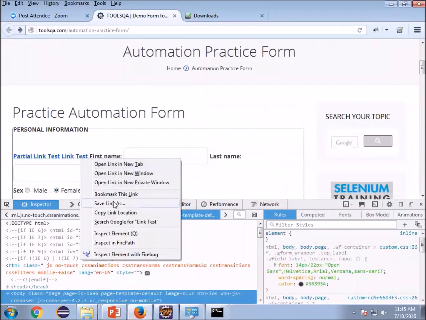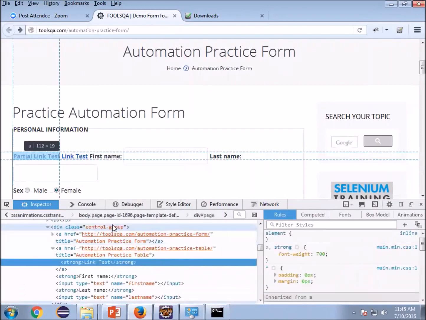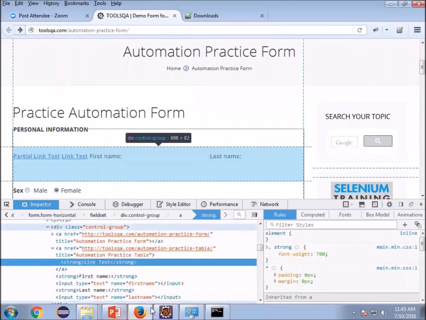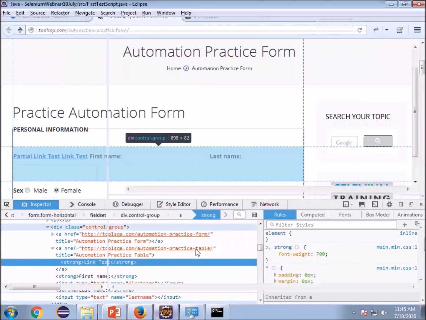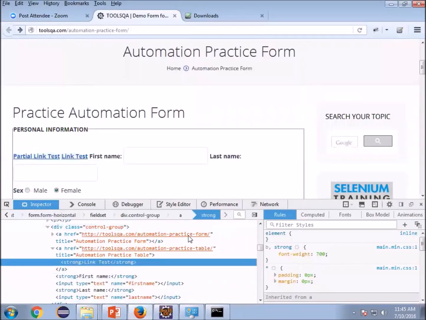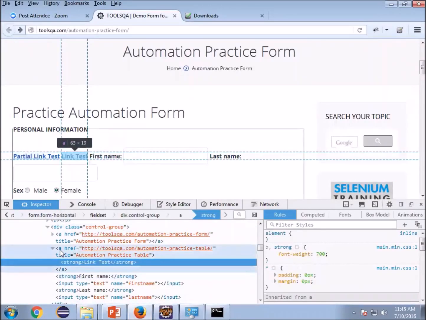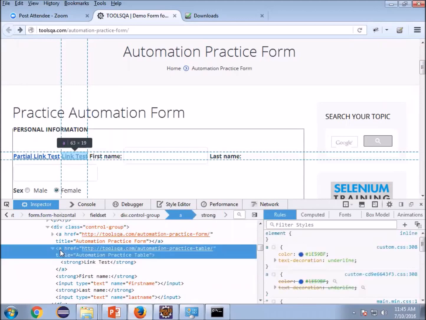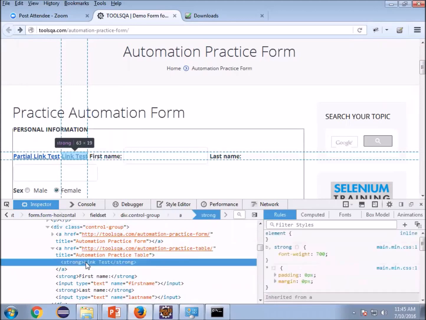Simple, same, but here you can use another locator, for links. A link will always be in the a tag in HTML, you can see here, and whatever is displayed to you is written here. Link text you can see here.